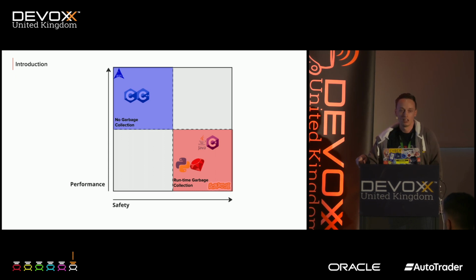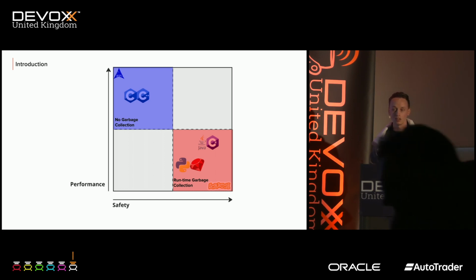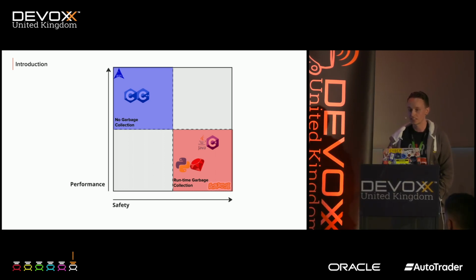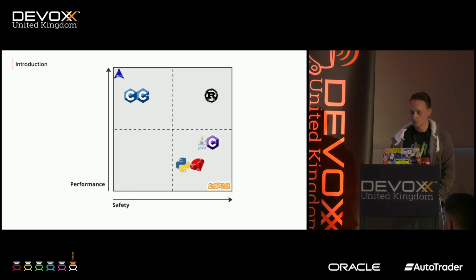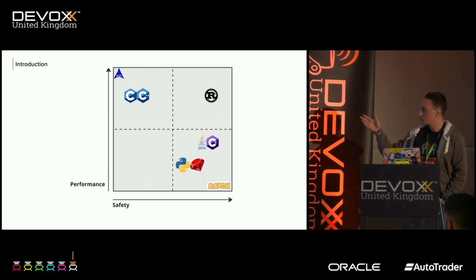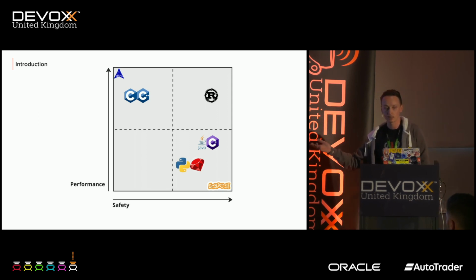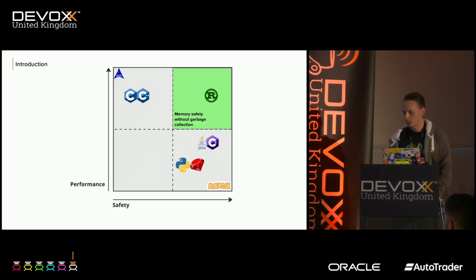The kind of rhetoric was that you could either choose a fast language with less safety or a safe language that's less fast. The aim of Rust is to break up that dichotomy by offering a language that is as performant as C and C++, or at least in the same ballpark, and as safe, if not safer, than languages like Java and C#. It does this in large part by offering memory safety to the same degree that you would expect from Java or C# without offering runtime garbage collection.